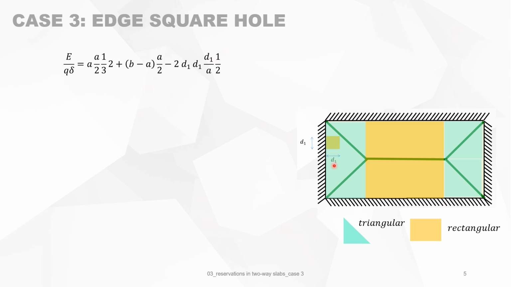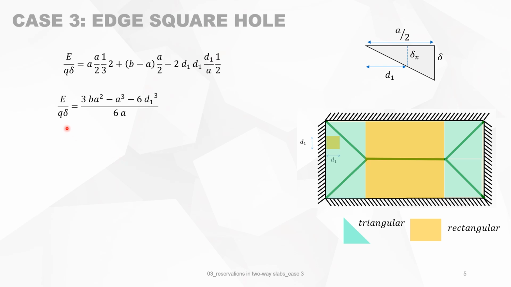But now we know that for the hole, the deflection is here delta. So at the distance D1, the deflection is delta X, and it means this is this deflection. So we have D1 times D1, and then with this the deflection. The external work E over Q delta is then equal to this formula,